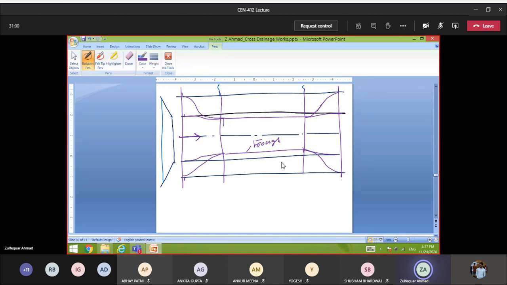So let us say this is section 1, this one is section 2, this one is section 3, this one is section 4, right? Now here in the downstream, what is the bed level, and what is the water level, this is known to us. Now you have to compute the bed level here and the water level here, right? So virtually you have to apply the Bernoulli equation at section 1 and 2, and compute the bed level and the water surface level.